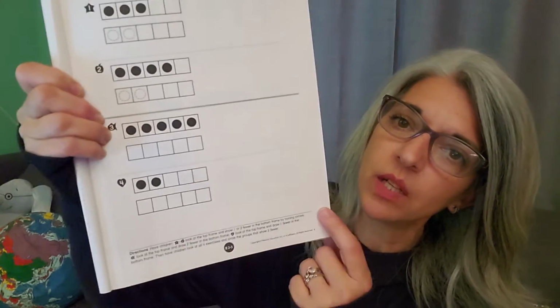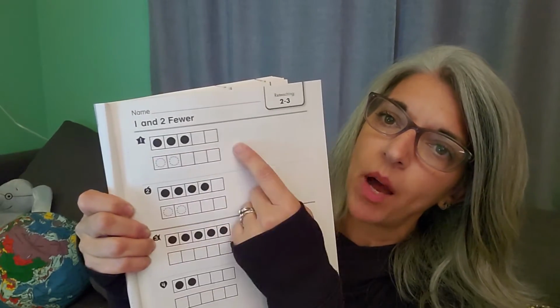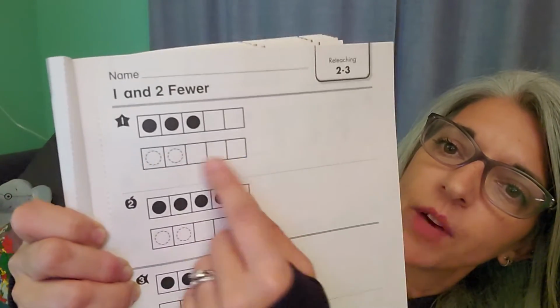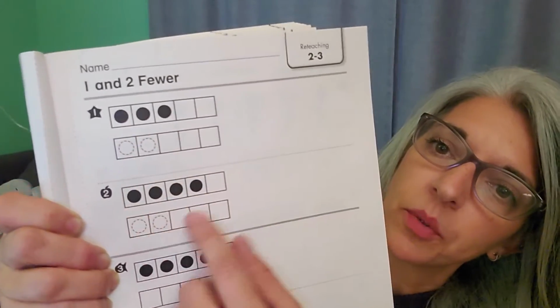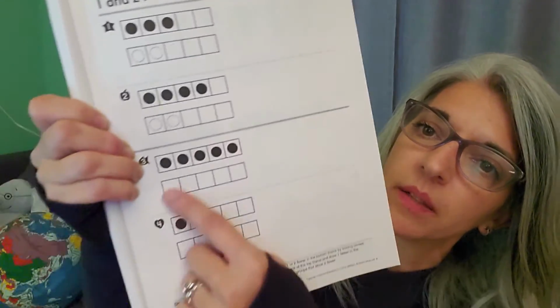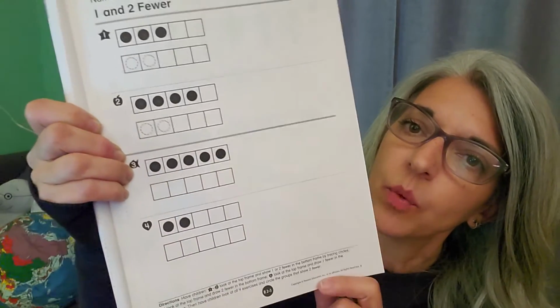So you have to have somebody read the directions here so that you know what to do in the bottom 5 frame. You can see here that they've already done the first 2 for you, so you can get used to it, but then they're going to give you directions down here of what to do next. Okay, so somebody will need to read that to you. And then this practice,